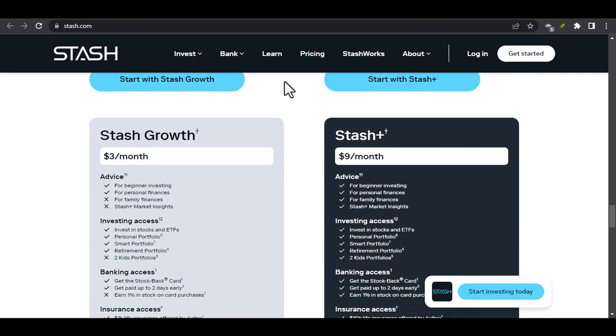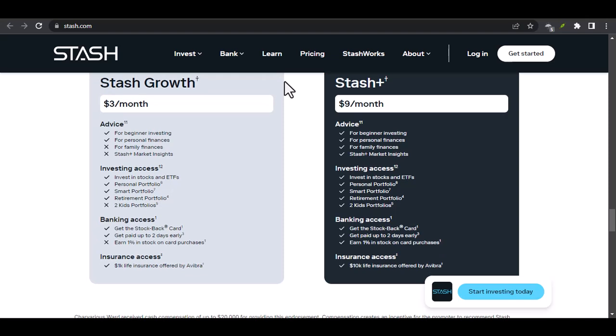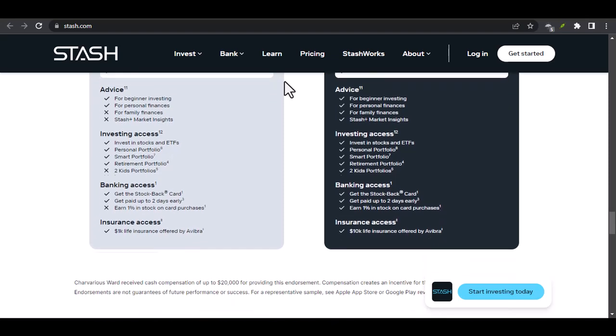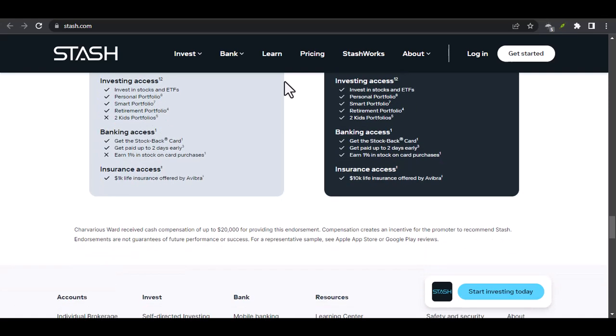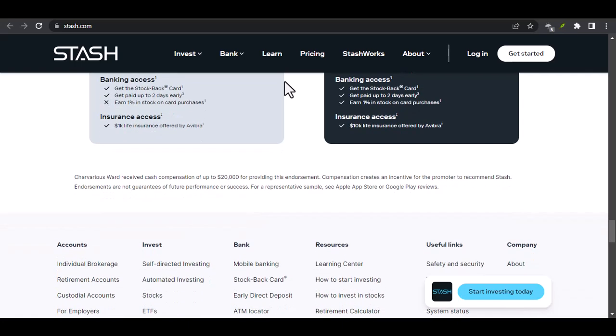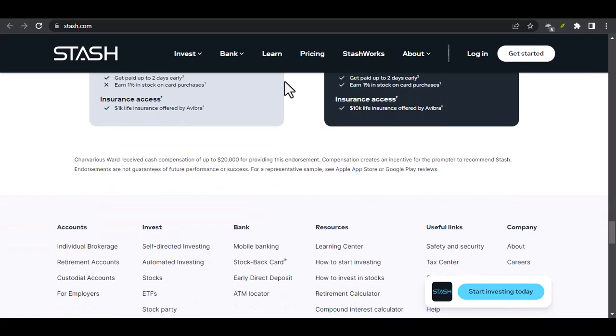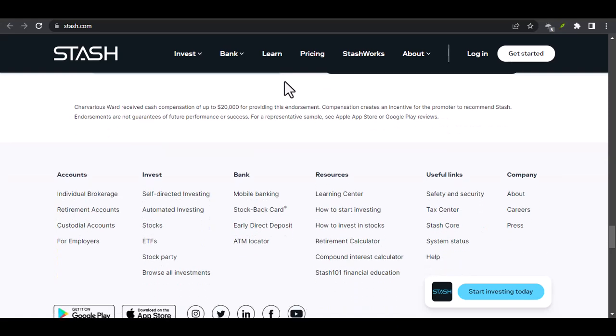Processing time. The time it takes for your withdrawal to be processed can vary. Stash should provide an estimate, but it's always a good idea to plan ahead. Withdrawing your money from Stash is a straightforward process that can be completed in a few simple steps. Whether you're looking to close your account entirely or make a partial withdrawal, Stash provides clear instructions to guide you